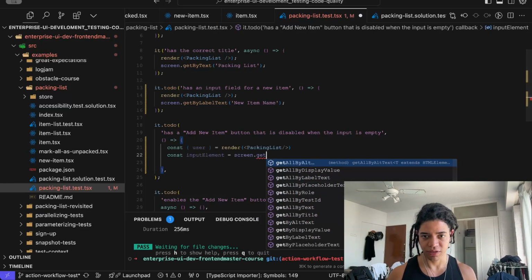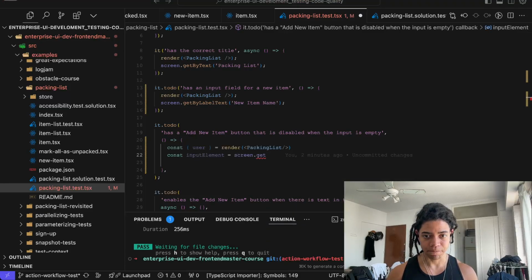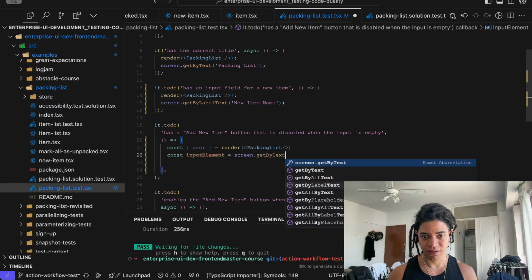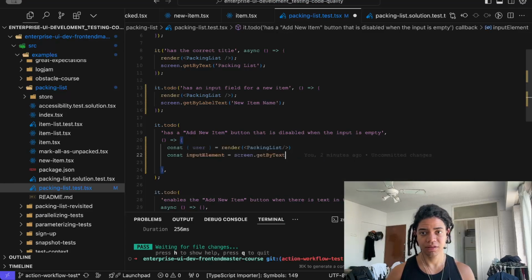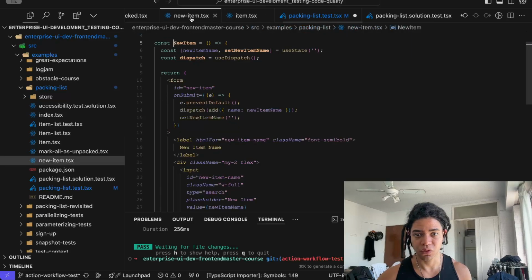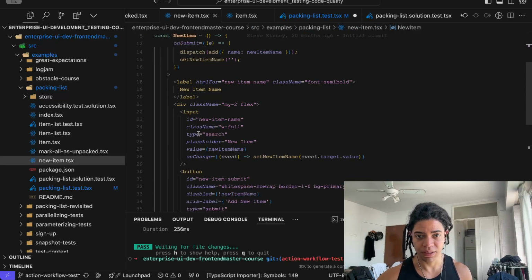This is when things start to get quite interesting, right? You can say, hey, I want to get that by text. Okay, you can say get by text or new item input, get by label text. Interesting. As long as you follow that approach, that'll be